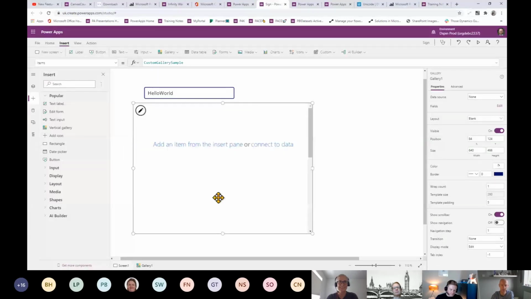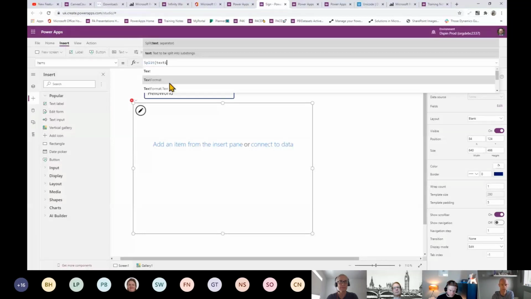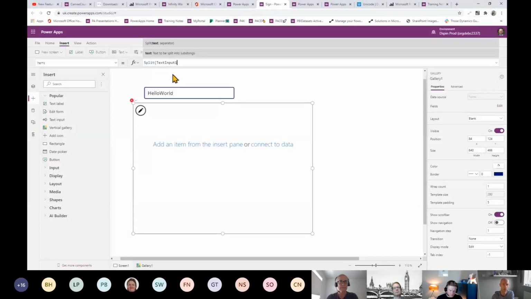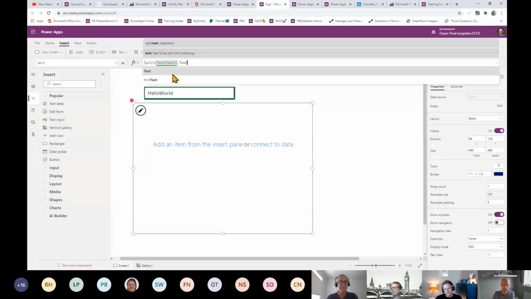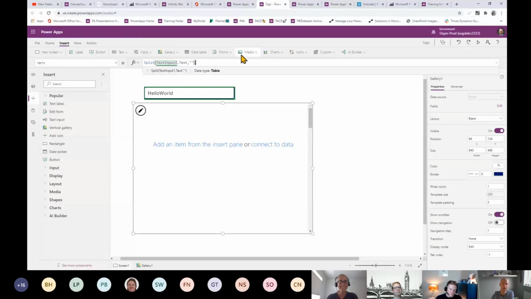The contents of this gallery is going to be split. I'm going to split text input 1 dot text, and we're going to split it by nothing at all. And what that does is it means inside this we're actually going to have, I'm going to put a